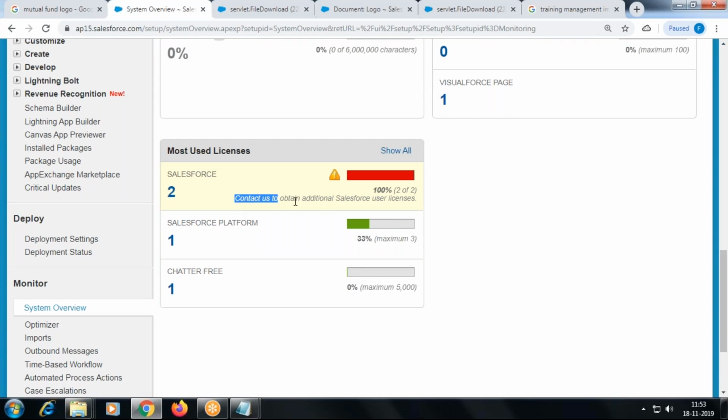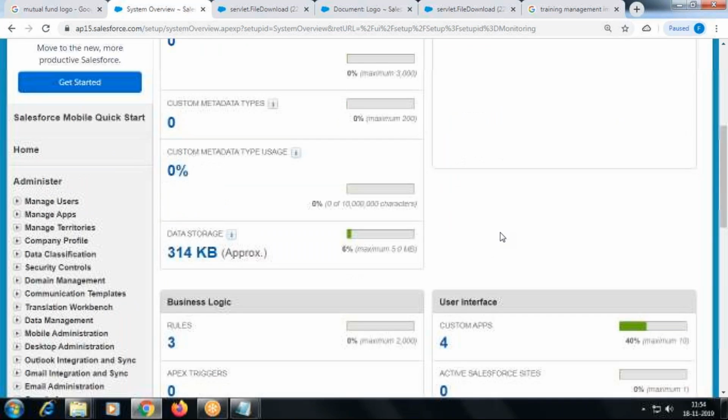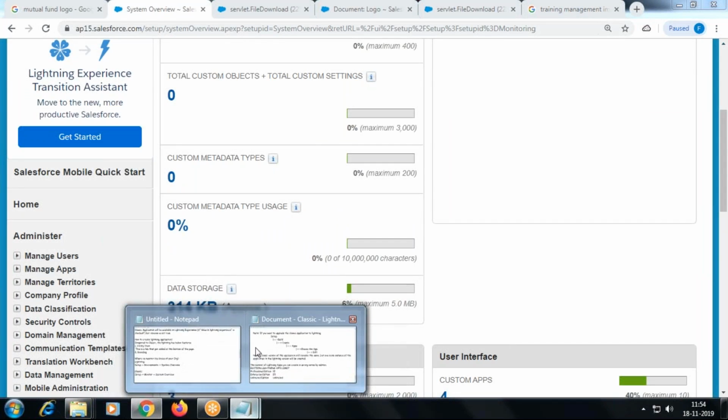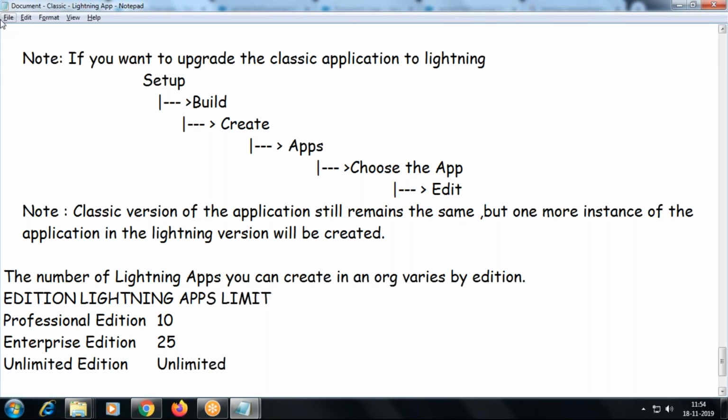Contact us to obtain additional licenses, but we cannot do it for your developer edition. In case you would like to add more licenses, that cannot be done for developer edition. It's a general message. The administrator will follow up and request more licenses. So these are the notes I'll upload.